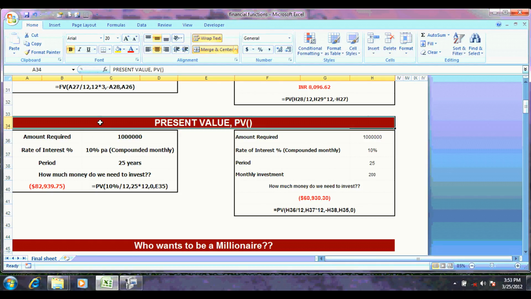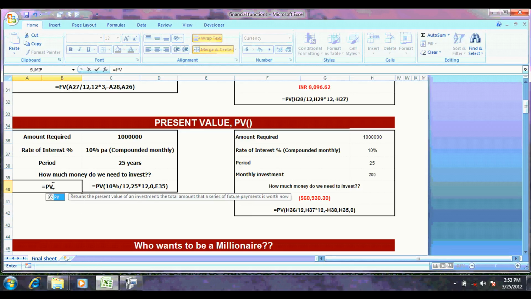Suppose you require $1 million after a period of 25 years, and your money can grow at the rate of 10% compounded monthly. We just want to know how much money we need to invest. Okay, so we'll do equal to present value, rate is 10%, that is divided by 12, compounded monthly, period is